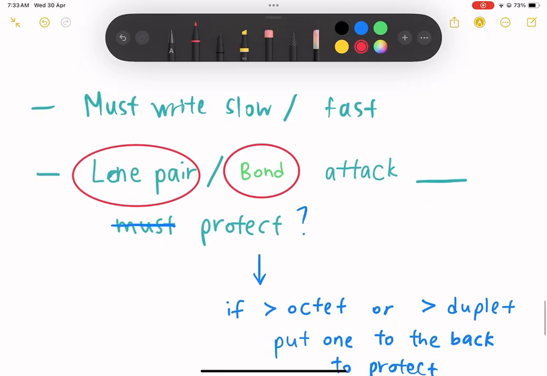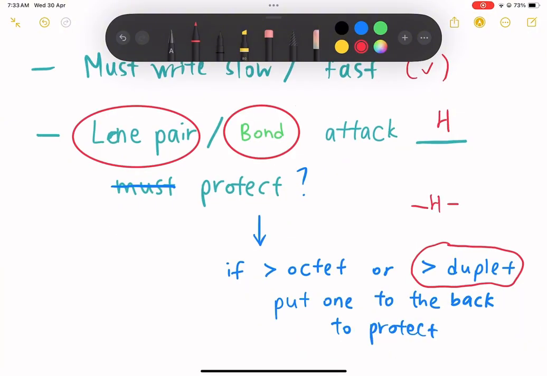So for the steps, you must write slow or fast reaction, and then when there is a lone pair or bond attack H, H must protect because H can only have one bond. If it is over the duplet rule, which means it is over one bond or two electrons, one bond will break, and the electrons will go into